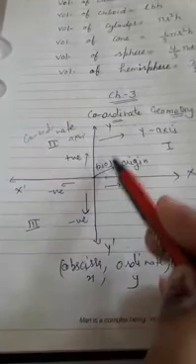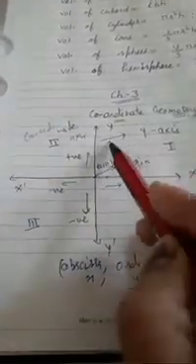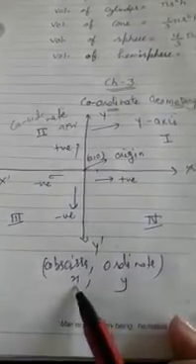Same as here, the upside of the y-axis is positive and the downside is negative. These two axes divide the Cartesian plane into 4 quadrants: first quadrant, second quadrant, third quadrant and fourth quadrant. The first quadrant we will start from here. The coordinate axes divide this plane into 4 quadrants. After that, whenever we have to plot any point, the coordinates of that point are abscissa and ordinate, x and y. X is known as abscissa and y is known as ordinate.